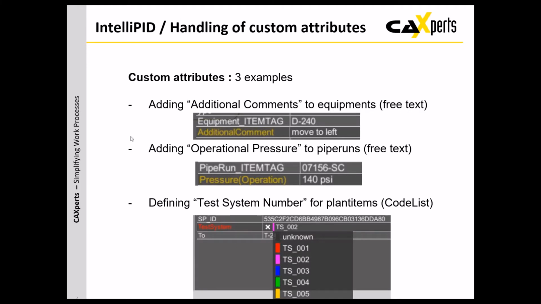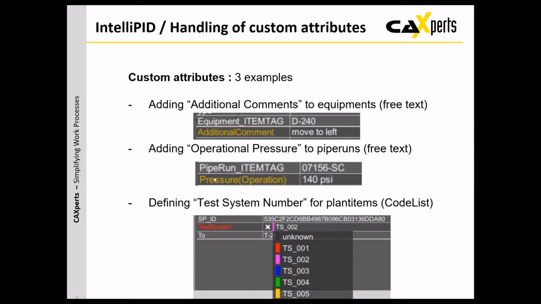Here I have prepared a documentation, a little example. For instance, if you want to have additional commands for equipments, you can associate this new property to an existing property like equipment item tag, and you can define it either as a free text, as a number, or as a code list. So later on, I will show you exactly these three examples: the additional commands for equipments,